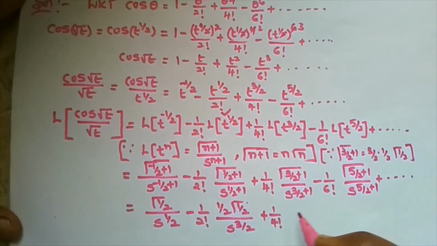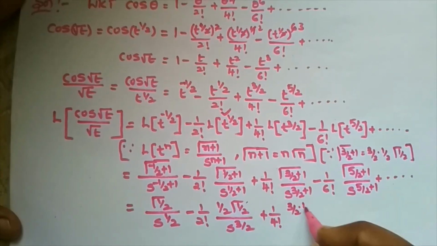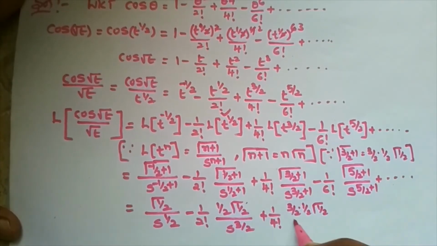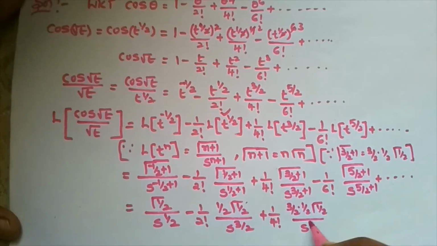So that is 3 by 2 into 1 by 2 into gamma of 1 by 2 by s power 5 by 2